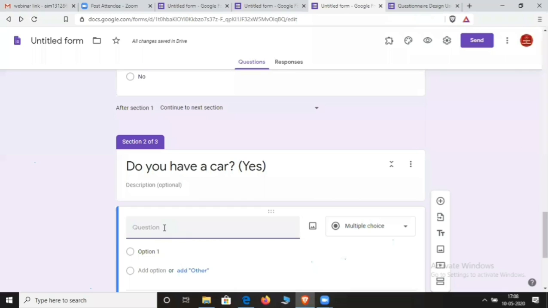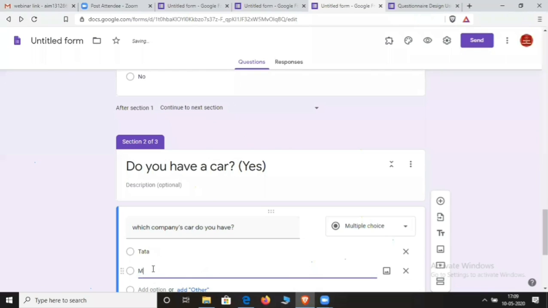So here you can say, which company's car do you have? So now you can give them options: Tata,